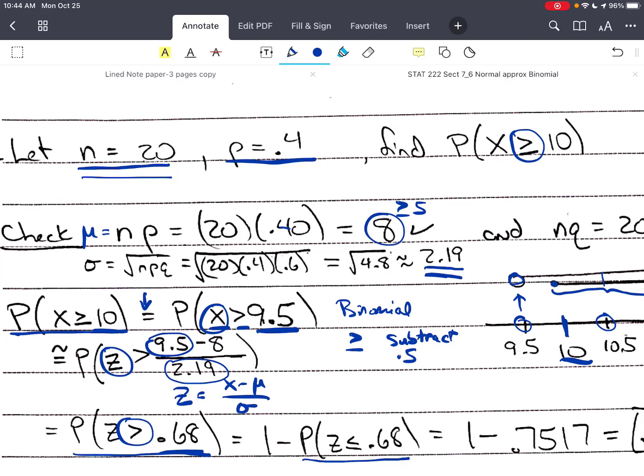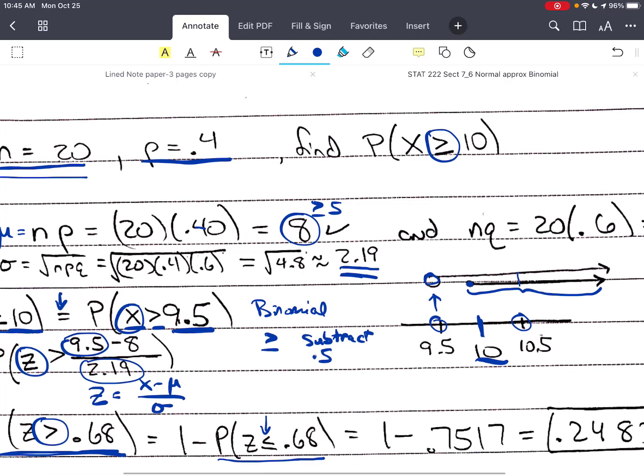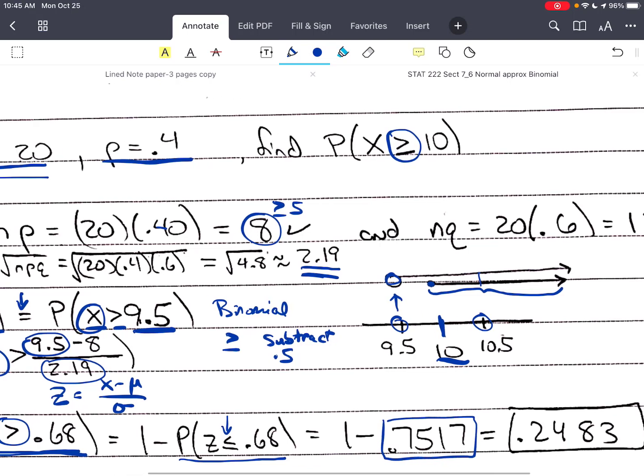Okay, so 1 minus the probability that z is less than 0.68 will give us the probability that z is greater than 0.68. And so when we look up 0.68 in our z table, we find that the value is 0.7517. Subtracting that from 1 gives us